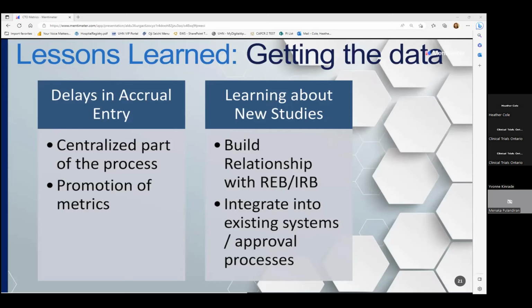volume of new studies. Now, when we started to launch this process and we looked at getting that information about the accruals, the number of patients, what we started to realize is that there were a lot of gaps in entering in the patients or entering the patients in a timely fashion. So we started meeting with groups to better understand the why, and a lot of it's just coming down to workflow and workload. So when we started to look at some of that, we're like, okay, well, let's at least